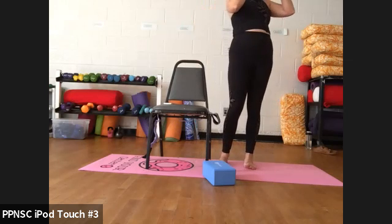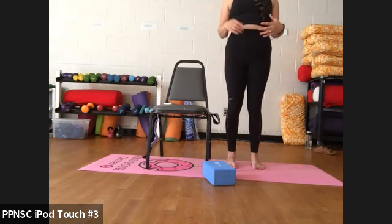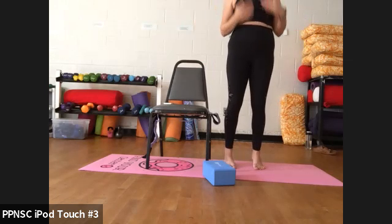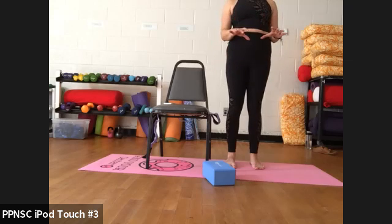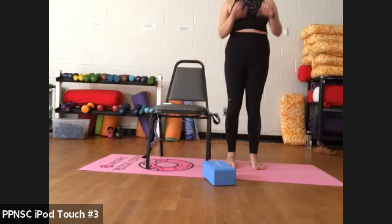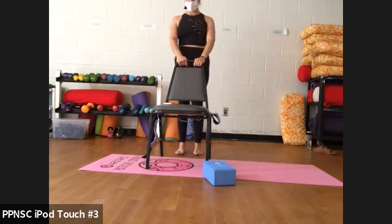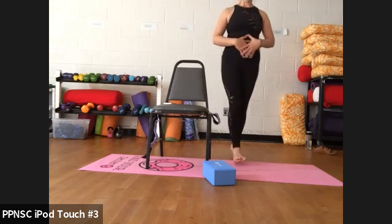All right, we're going to come into tree, first palm tree and tree. I'll guide you through it. Sitting, pitching our palm tree, just heels up, do all the arm work, okay? So you're welcome to come behind the chair, have yourself completely secure with something that you can hold on to. All right, so having that chair there, as you lift up off the heels, but first, make sure your core